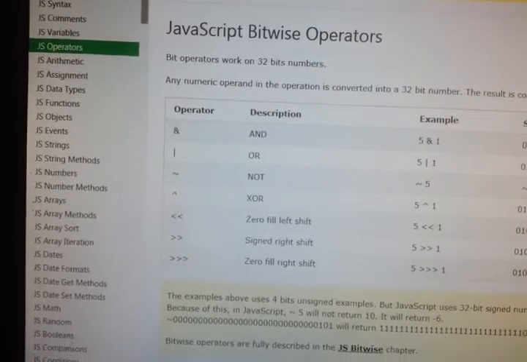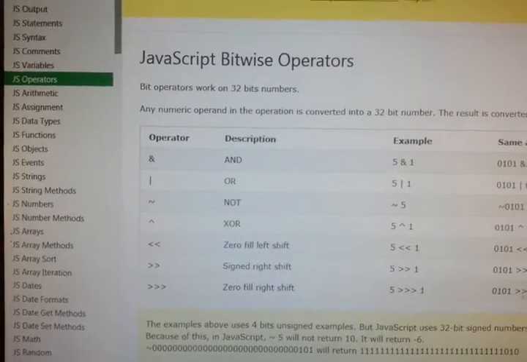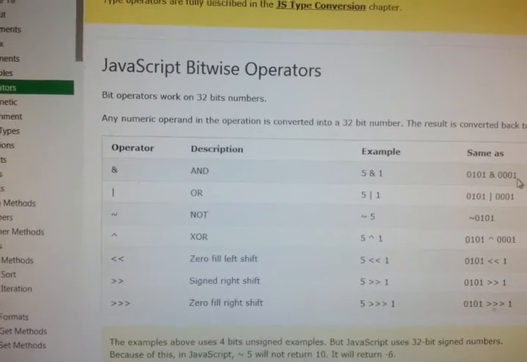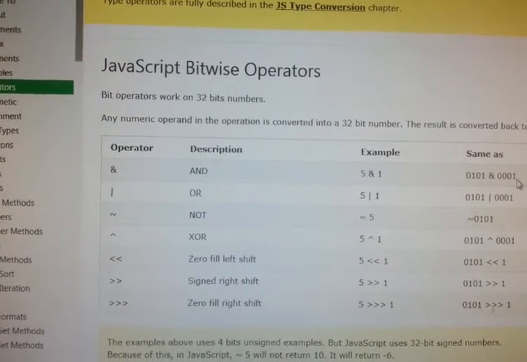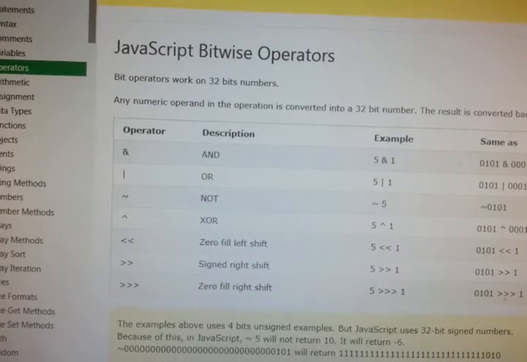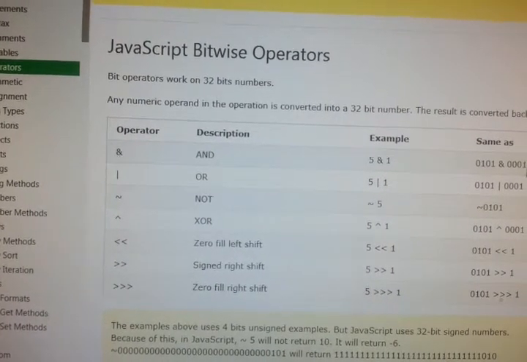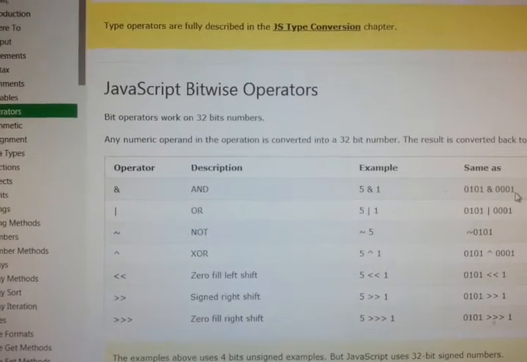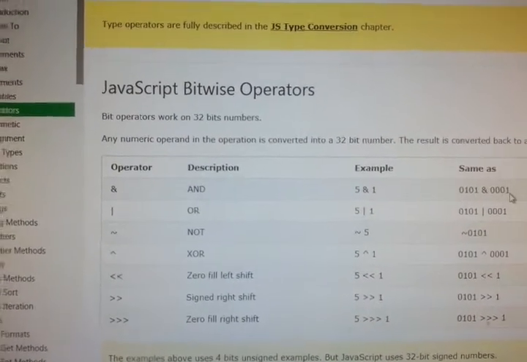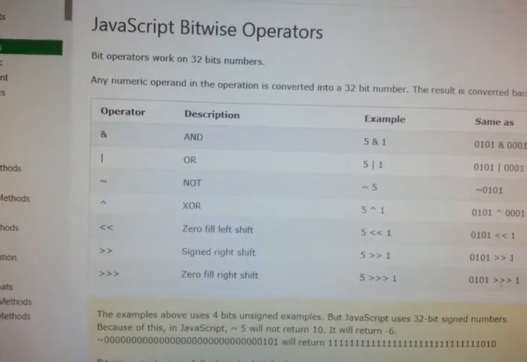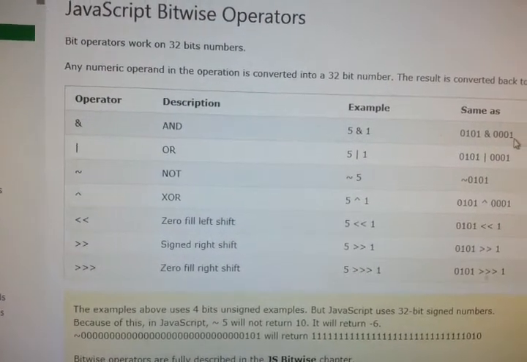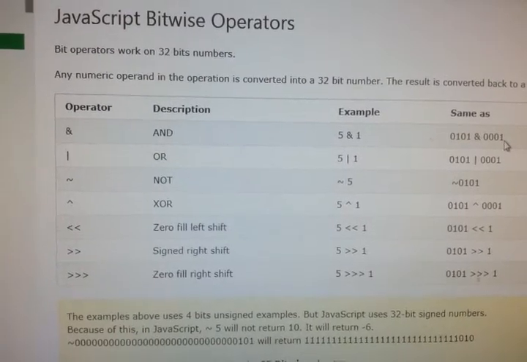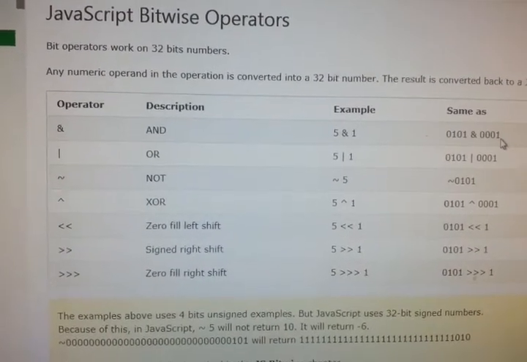And the logical AND is there. The first one, logical OR, only one symbol we'll use. Instead of calling logical AND, we call it bitwise AND, bitwise OR. Then we say the NOT symbol, then XOR, then left shift, right shift, and zero fill right shift.